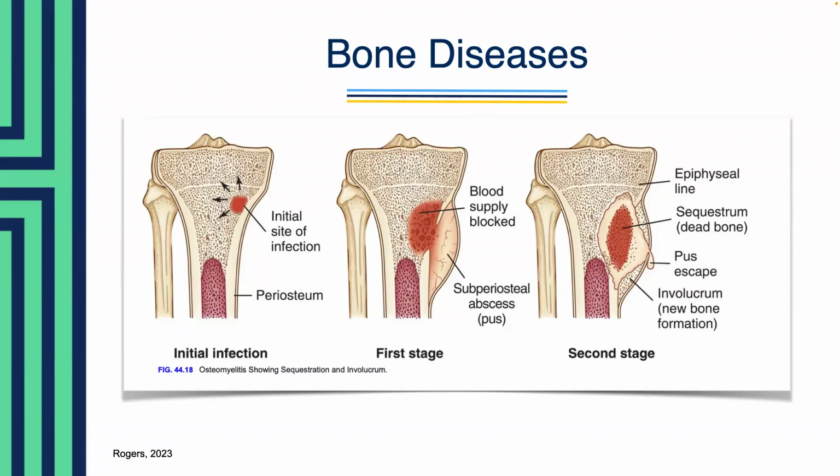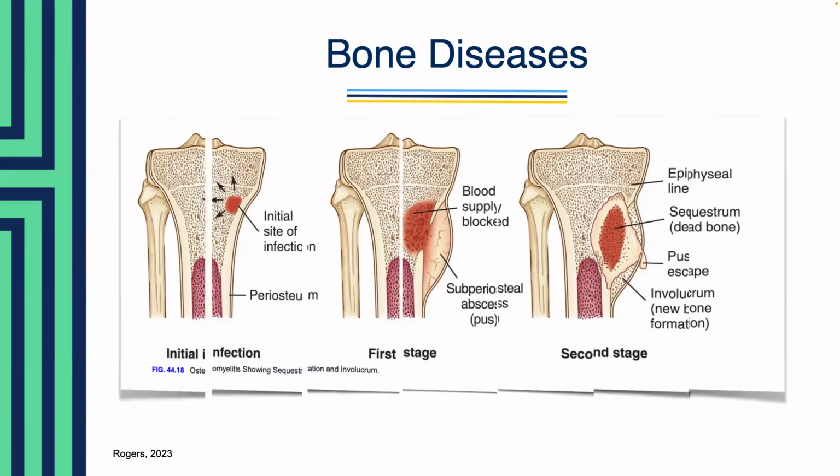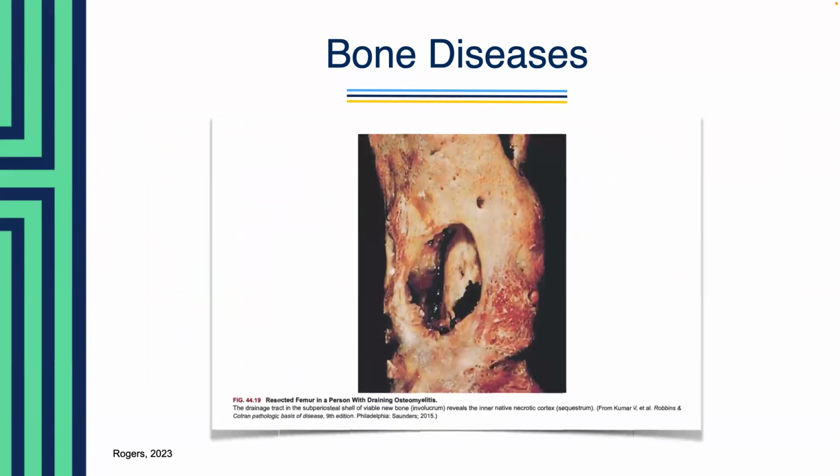Thinking of additional complications, let's look at, I think I have a figure 44.19, and it shows a resected femur showing a draining osteomyelitis. So, osteomyelitis unfortunately can lead to amputation and even sepsis. This can be very severe, and unfortunately people can deal with osteomyelitis throughout. It can be very painful, but it can also be very recurrent if they're unable to get it healed or get things under control if there's a secondary cause.